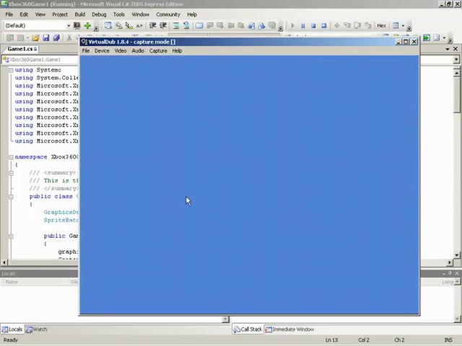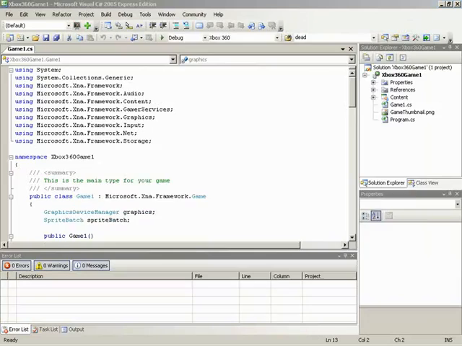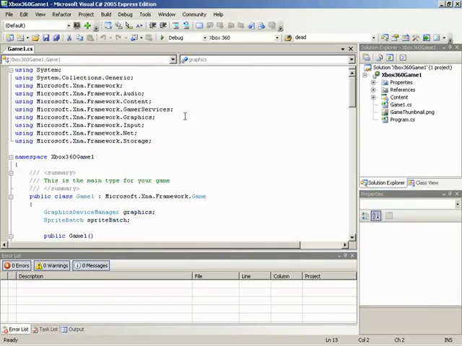To terminate the program that's currently running, we can simply use whatever key will end the XNA game. By default, that would be the back button on the controller, or inside of Visual Studio, we can simply stop debugging. If we stop from Visual Studio, you'll note that we are dumped back to the waiting for connection screen. Now inside of Visual Studio, let's do something that will have a small but noticeable visual effect. I'm going to set up a scenario where we can draw some text out to the